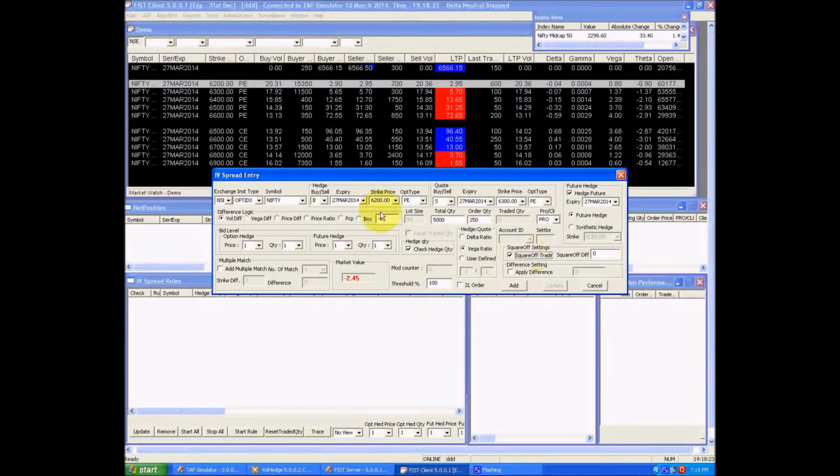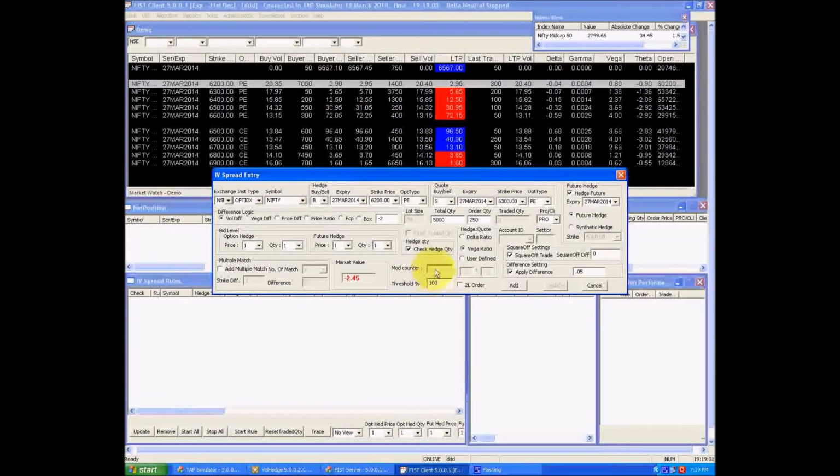To enter both the rules at a time, like buying this 6200 and 6300 spread and selling the 6200 and 6300 spread, I have to click on this particular box so that both the rules appear. Apply differential logic is 0.05. I am keeping 0.05 as apply differential logic so that my rule will start quoting only within the range of -2 and -2.5. It is not going to quote if the price is going around -2.5.